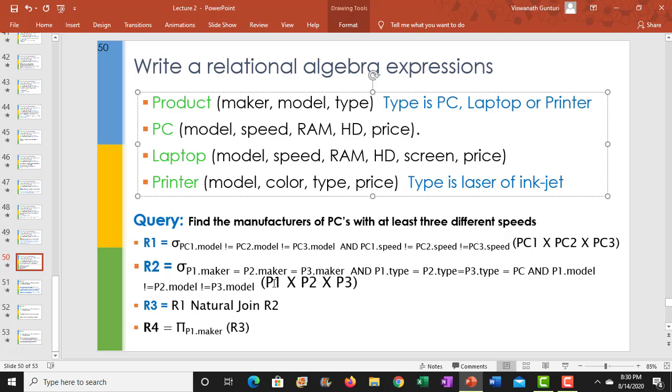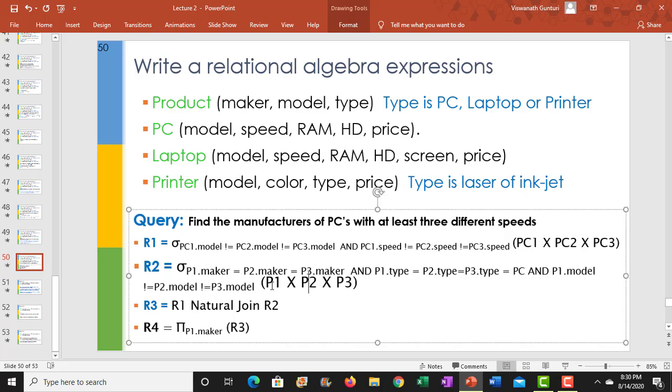So here I have taken three copies of the product relation, P1, P2, P3. I have done a cross product among these three. And the first check which I am doing is that the type should be PC. That means, trivially, all the tuples where the type is laptop or printer are straight away thrown out. And then among the remaining ones, you create triples, and then in that triple, what you are checking,